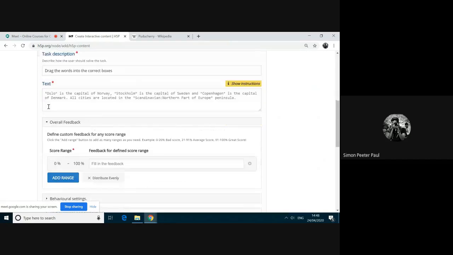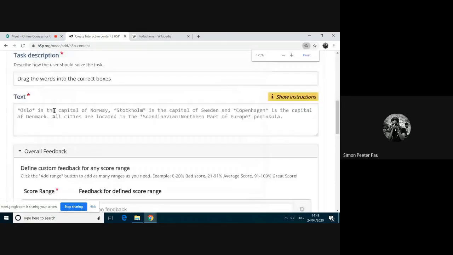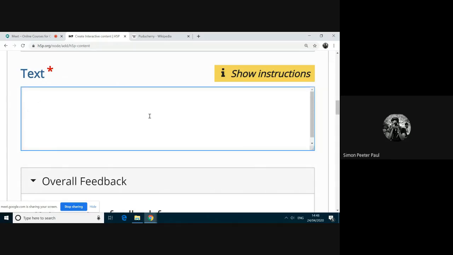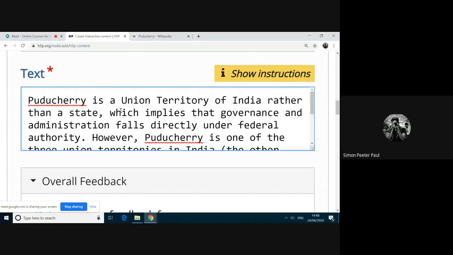Wait, let me zoom as much as I can. Here, this one is nothing but dragging the word and dropping it into the box. I'm pasting the paragraph here. Puducherry is a union territory of India. For example, I want this word to be dragged and dropped.